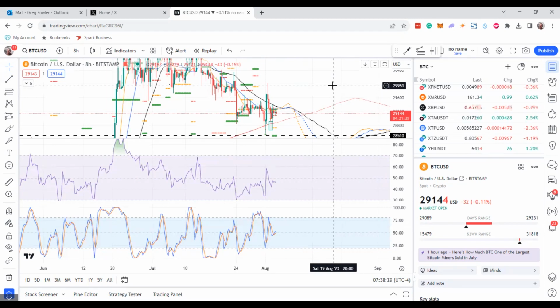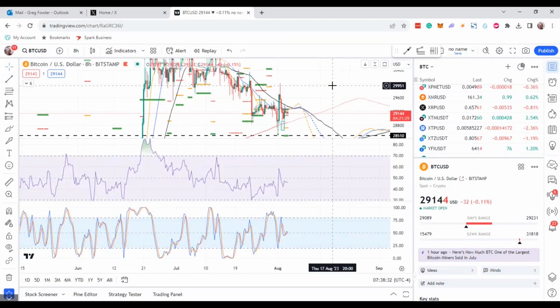And on the higher time frame, the stronger the divergence. So you might not see it on the daily, and you've got to go through your time frames. So you go to the 12-hour, the 8-hour, the 6-hour, and you see if you see it. The higher the time frame, the stronger. It works on a 45-minute chart too, but it's not as strong.